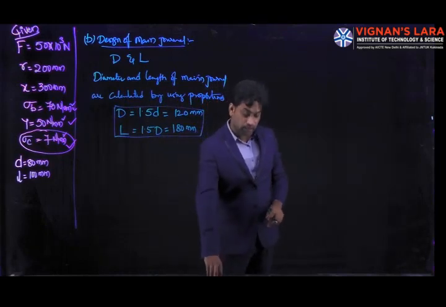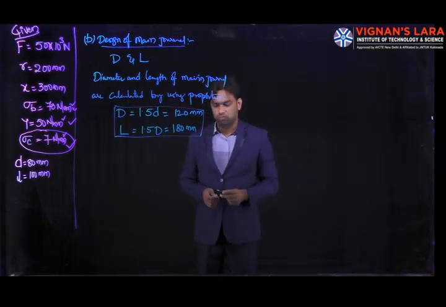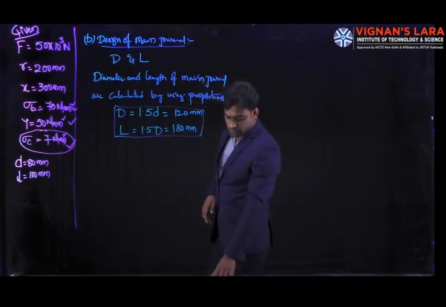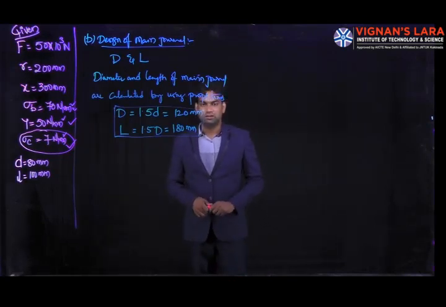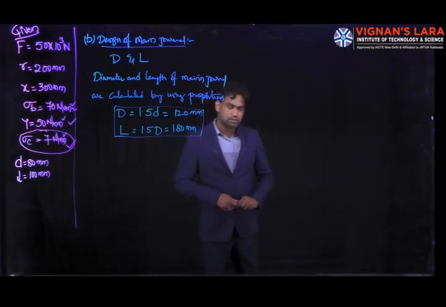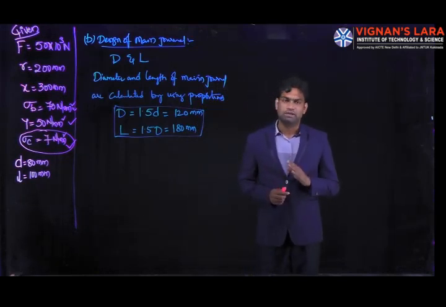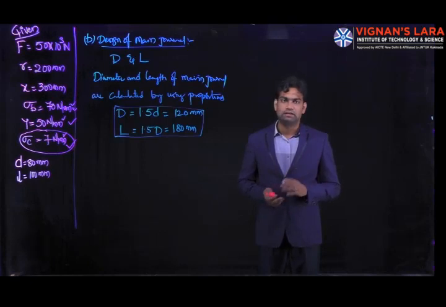But again, we need to verify whether these dimensions, 120 mm and 180 mm, are going to withstand the stresses induced in the pin, sorry, in the journal. So whatever the stresses induced in the journal, for the design of the main journal or web, we consider the two maximum torque conditions, that is the maximum loading conditions as I stated, that is whether theta is 0 or beta equal to 90 degrees.